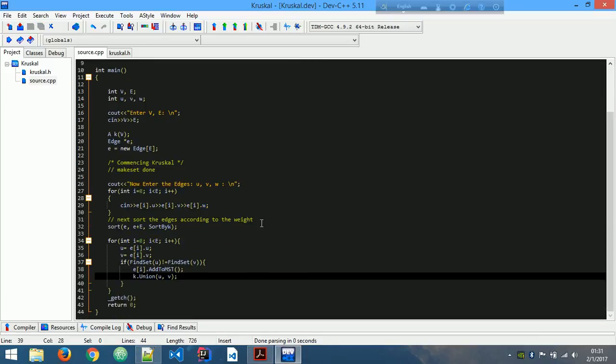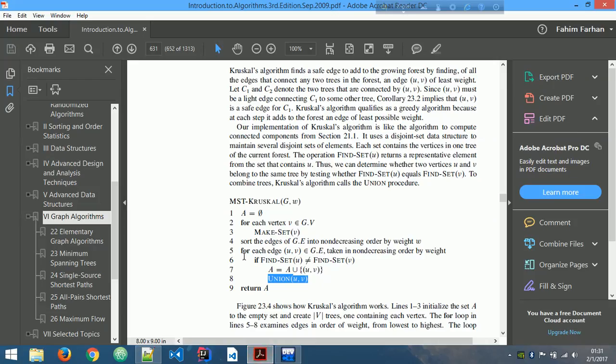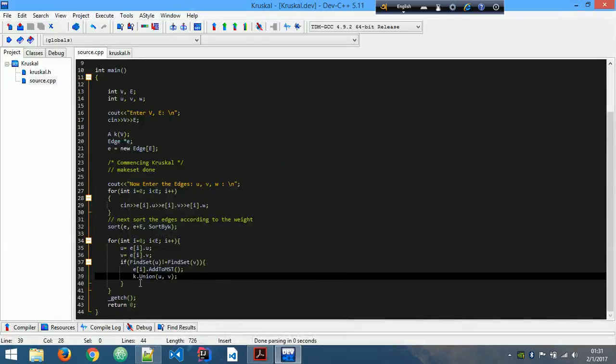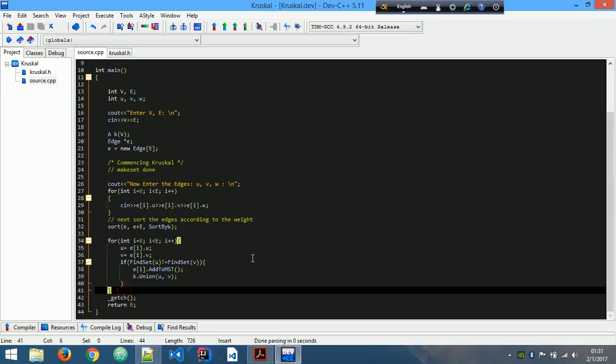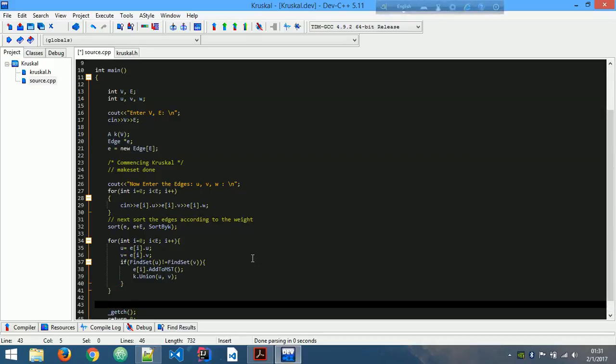Now that the union function is done, I think we are almost, yes, we're at the end. Finally, we have to print the edges that were added in the MST, the edges that form the resulting MST. For i equals 0, i less than E, i plus plus,